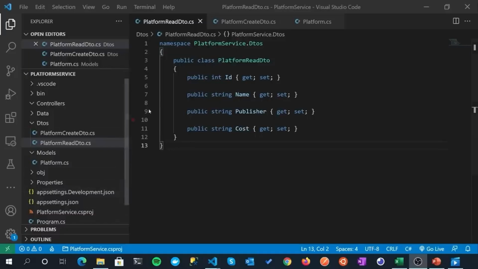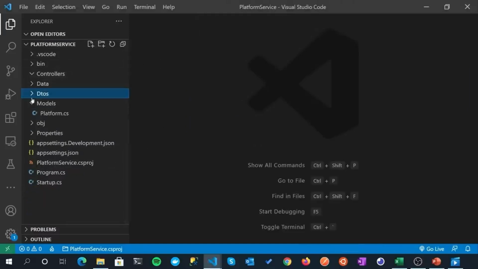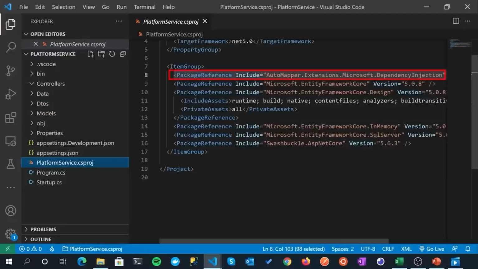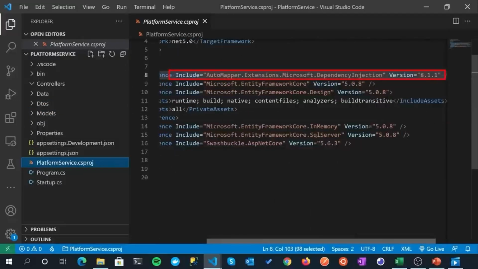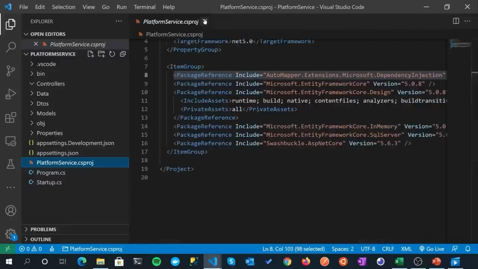All right, so moving on to AutoMapper now, let's just clear down our development environment. There are a few bits of setup required for AutoMapper. The first thing we should have already done, so over in your csproj file, just double check that you have this package reference included at the top for AutoMapper. And if not, please add it, otherwise the next bit's not going to work.